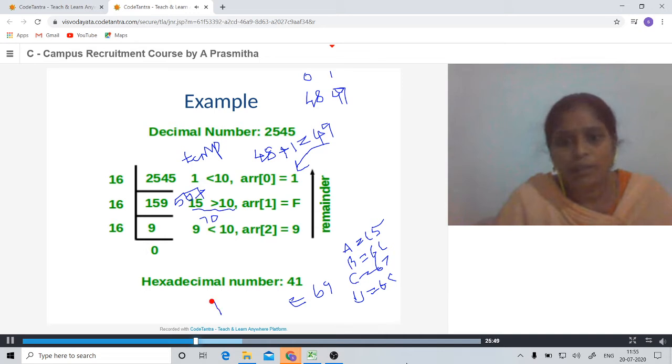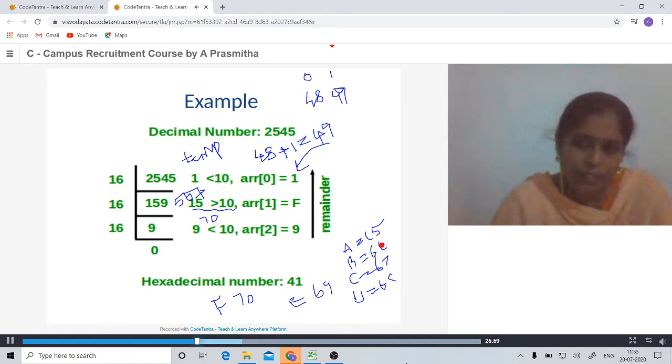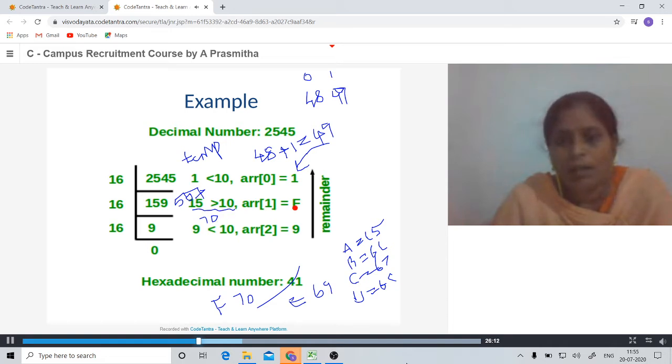F is 70. These are continuous numbers. 65, it will start. A starts with 65. B is 66. C is 67. D is 68. E is 69 and F is 70. So the 70 is converted into a character, which is F.